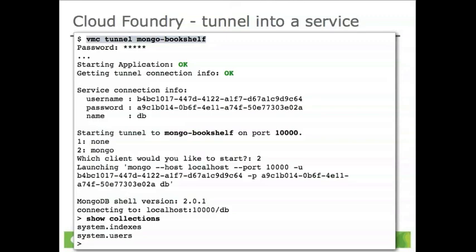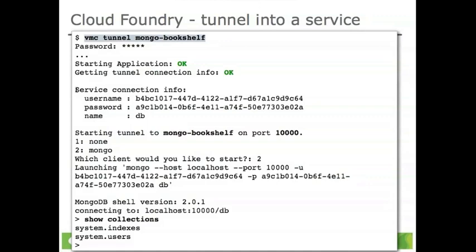And it starts up this tunneling application, and it shows the information I need to connect, which is a username and password, which are all generated by Cloud Foundry. And also the database name is DB. So I can either choose to use the Mongo command line client, or I can use another client that I have installed on my desktop. In that case, I can say none, and then I have to use these username and password credentials to log into the database. But I picked the Mongo client here, the command line client, so this VMC command automatically starts that up for me,